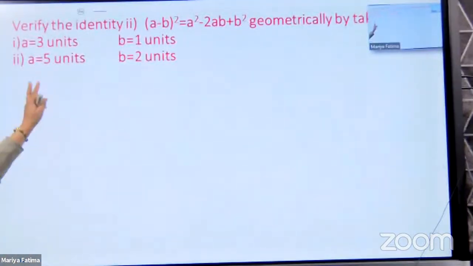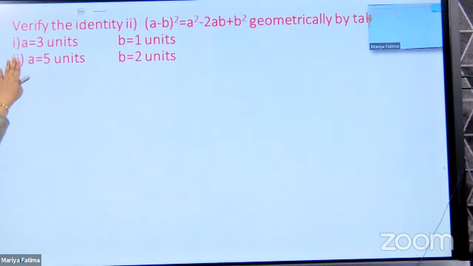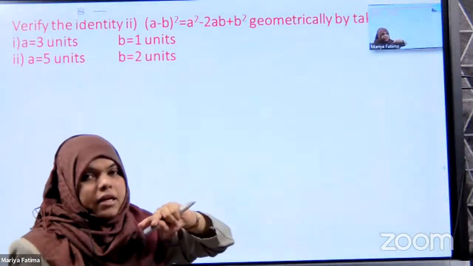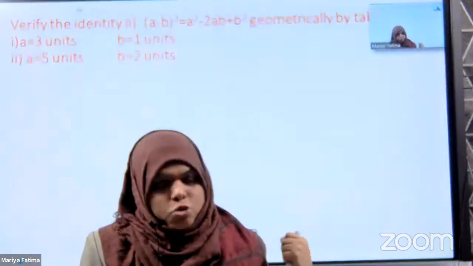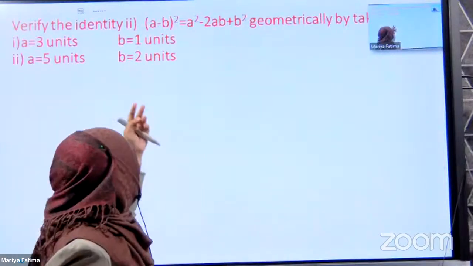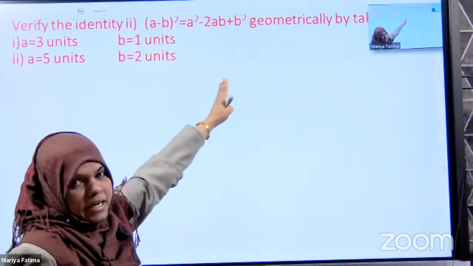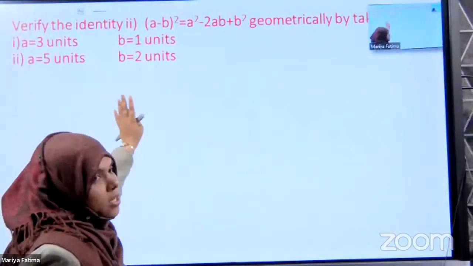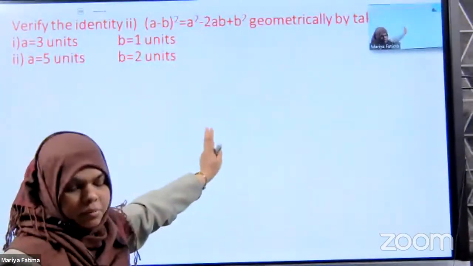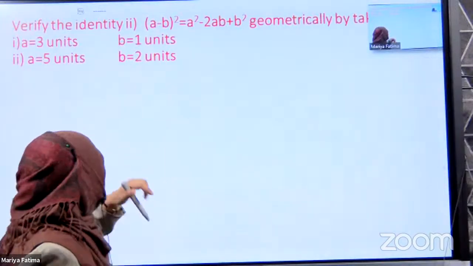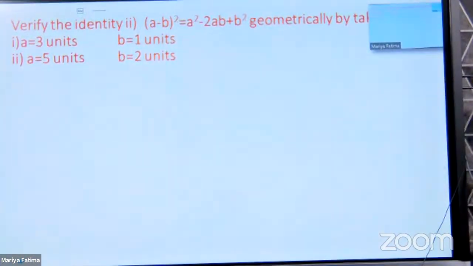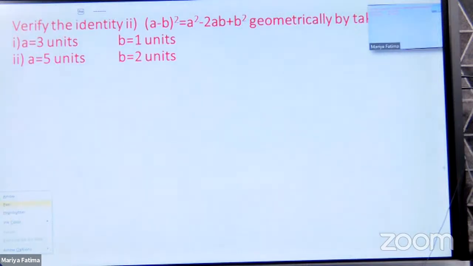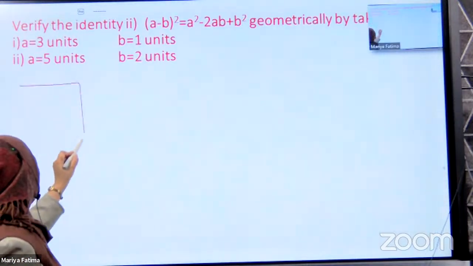Now, here you have to use these units in place of a and b. You have to use these numbers and verify whether this identity holds for these values of a and b or not. You have to prove this. How to do this? In the same way, you have to draw